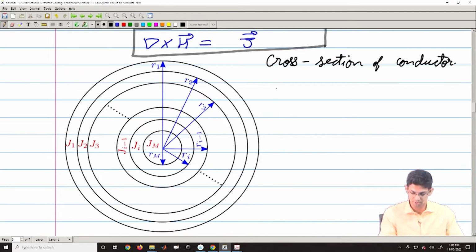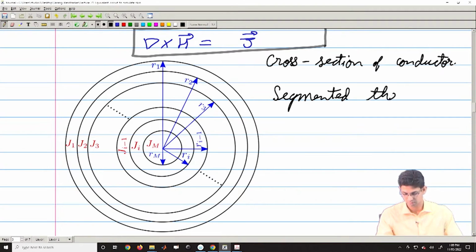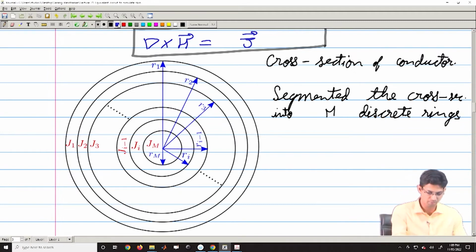So, we have discretized, or we have segmented the cross section into m discrete rings,